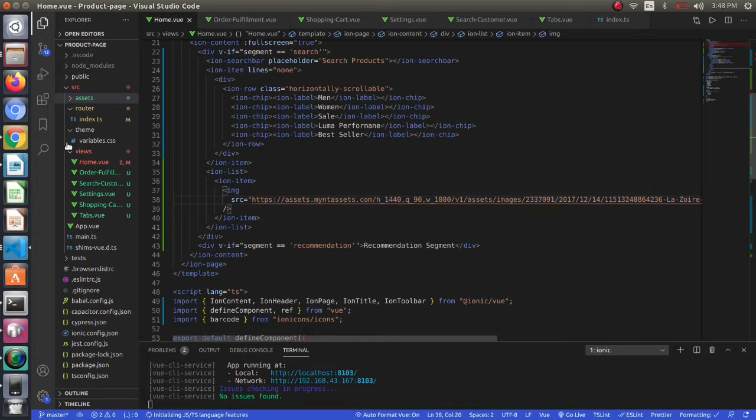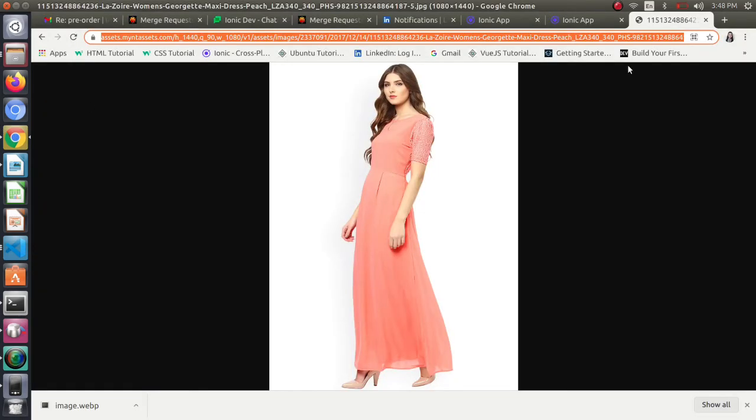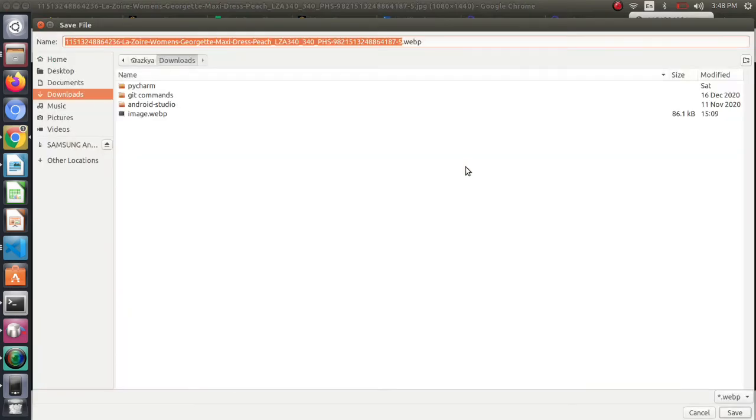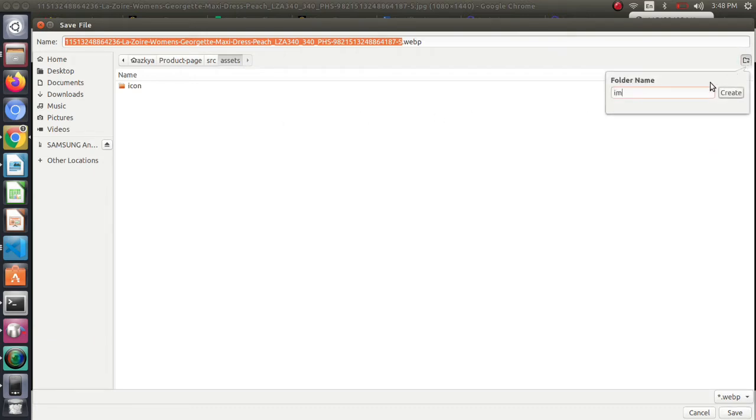We can do this like this. I have the image. I will save this image in my project folder. I have my project over here. I will go to it, go to src, and I have assets. Inside the assets I will be creating a folder called images, and then I will be using this image.